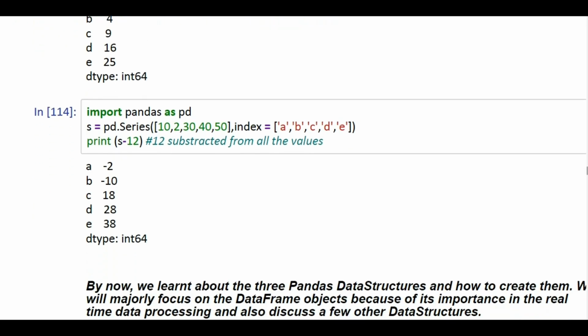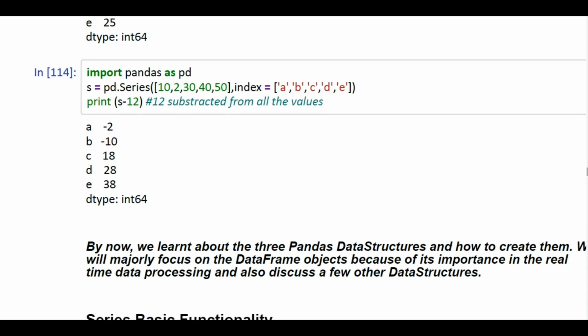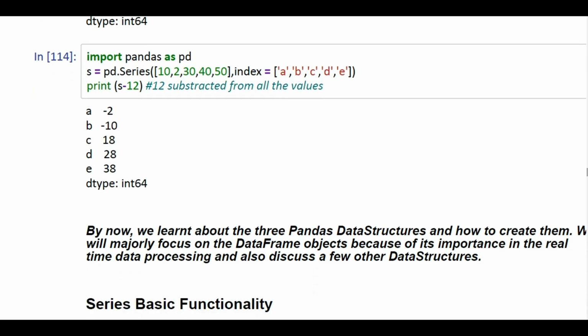Okay, next is our 114 code. In this code we have performed the subtraction operation on the whole series. Import pandas as pd. Pandas is our library and pd is the alias of pandas data structure.